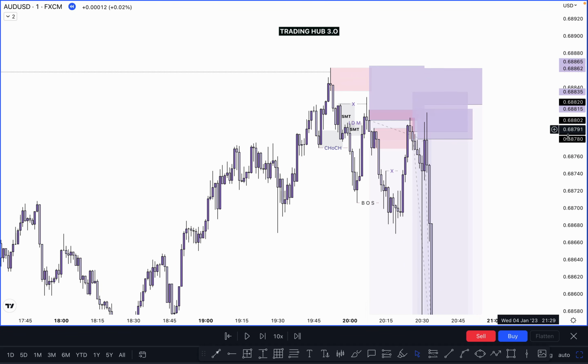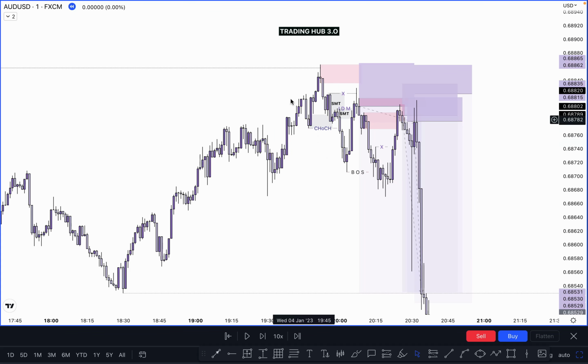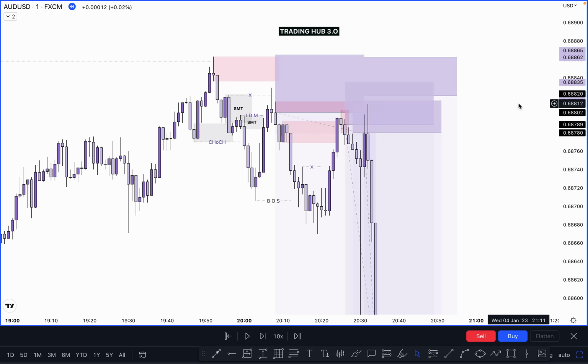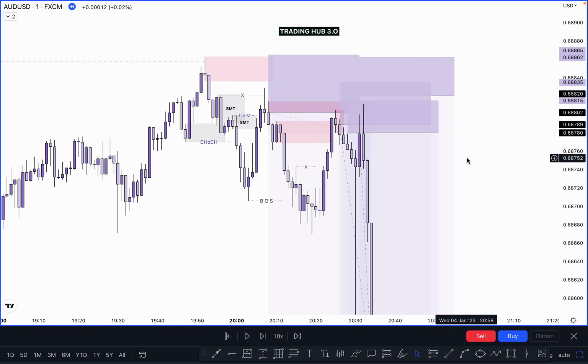So why did this move happen? You can see you have to wait for it to mitigate your supply zone, wait for CHoCH and pause, then you can take another entry. And in this case, all entries are applicable here. That's why this looks very complicated. You can watch this portion of the video multiple times, then you can understand very easily, because it's very important. This is the part where we take the decision for buy and sell. This is an important part.